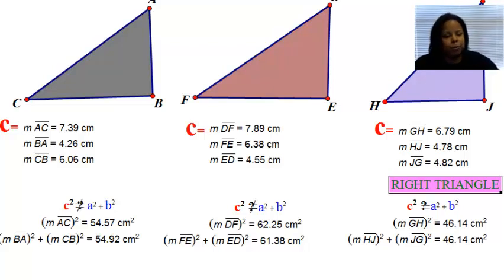So now that we know that these first two triangles are not right triangles, how can we determine what type of triangle they are if they're just not right triangles? Can we be more exact? Because we also have acute and obtuse triangles. So let's take a look at the actual angle measurements